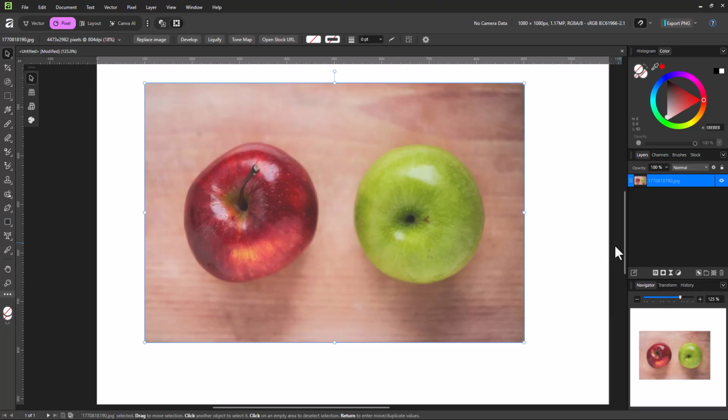So over here you can see that I have an image of two apples, and let's say what I want to do is make a selection of them. In that case, you can go over here onto the pixel mode, because this is a pixel image, a photograph, and in order to quickly select it, I can utilize something called